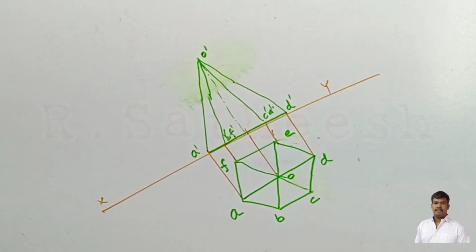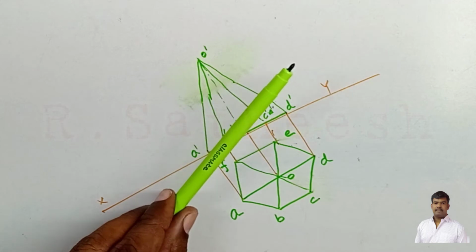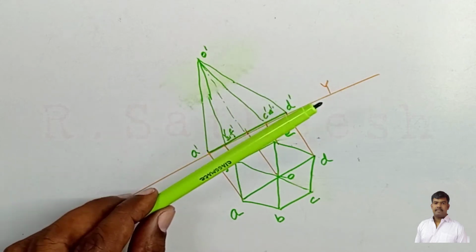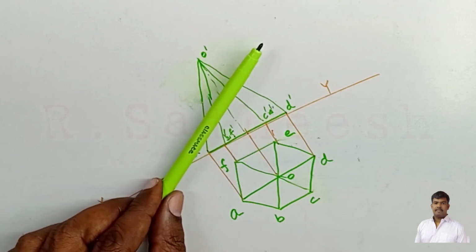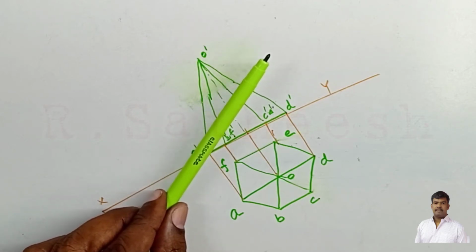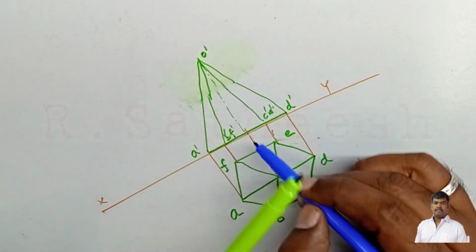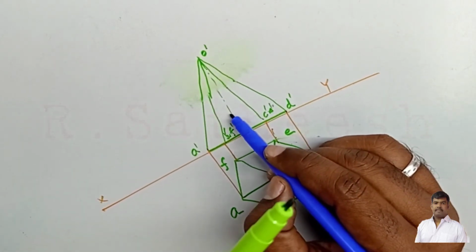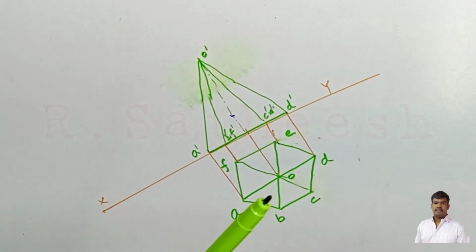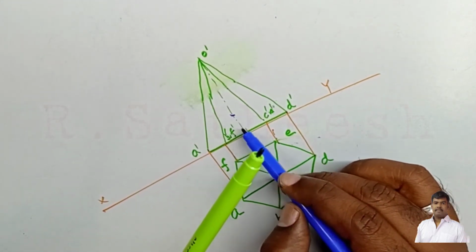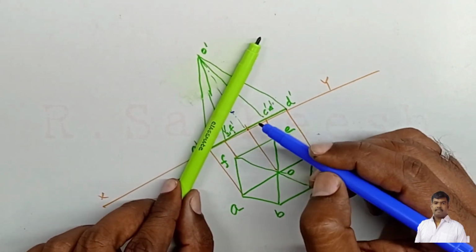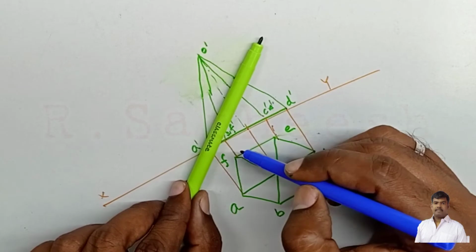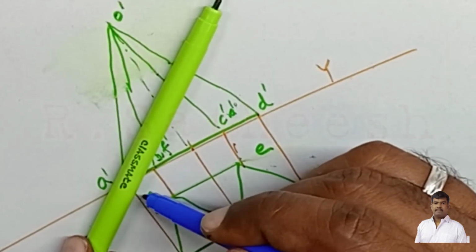Now the solid is cut by a sectional plane. The sectional plane angle as per this problem is 45 degrees inclined to HP and perpendicular to VP, and it's passing through 15 mm on the axis from the base. So the total height is 70, therefore 15 mm comes to here. At this axis point, at the 15 mm distance, you draw the 45 degree line. Understand? 45 degree line.